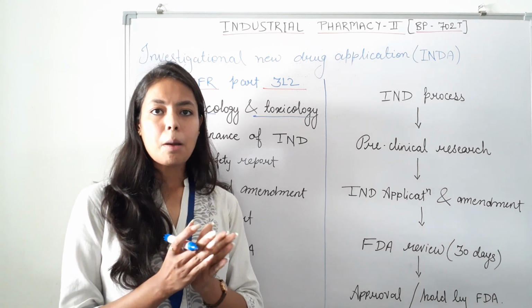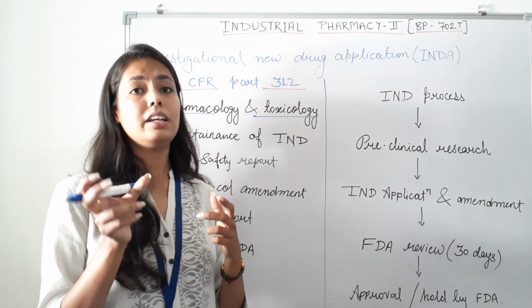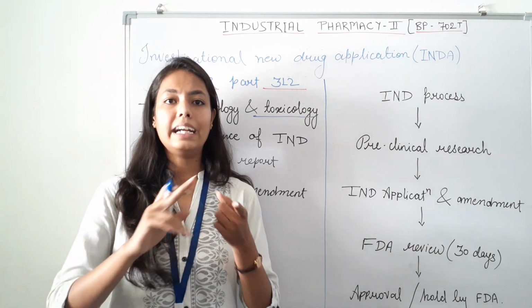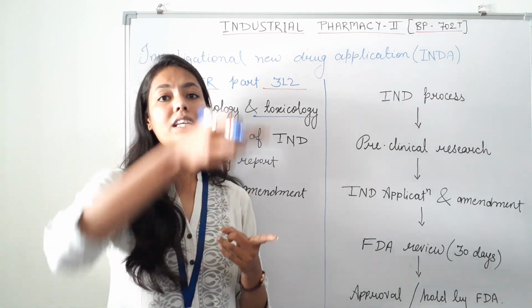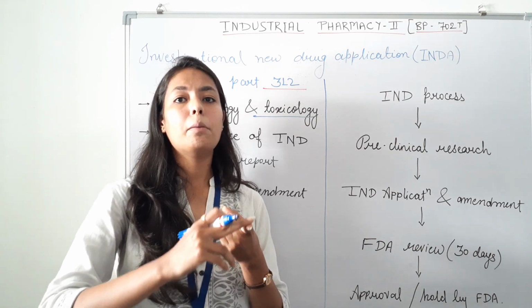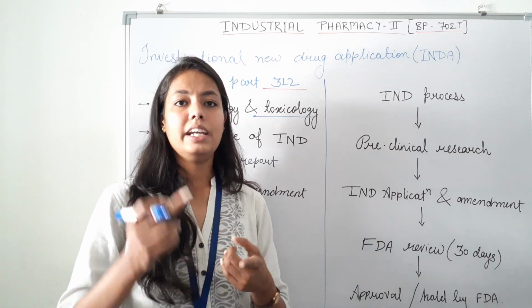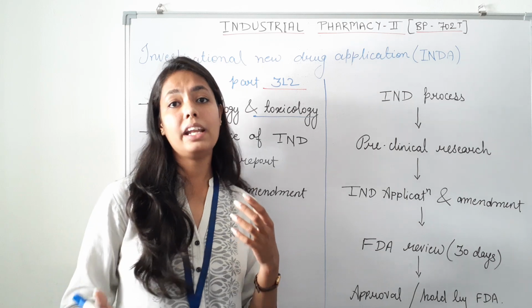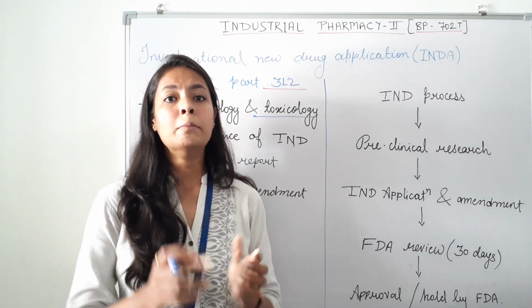The integrated summary report can be made on the basis of the following information. What are the main points we have to include? First, a basic description of the design of the trial, that means the design of that particular trial. That means how many human subjects were enrolled in the phase 1 study, and after completion of phase 1, how many were incorporated in phase 2 and phase 3 clinical trials.